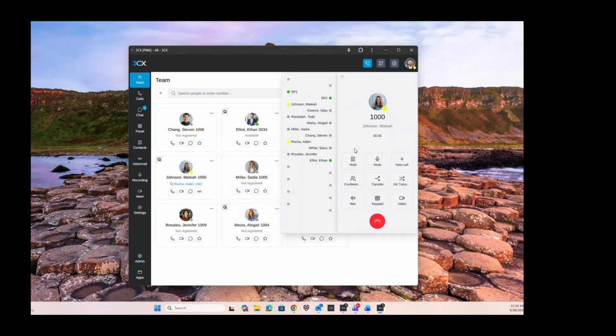As you can see now, the dialer is replaced with my telephony options: hold, mute, new call, conference, transfer, attended transfer, record, keypad, and video. If I need to navigate through an auto attendant or digital receptionist, I can use my keypad to do that. I can put the caller on hold. I can resume, mute and unmute,